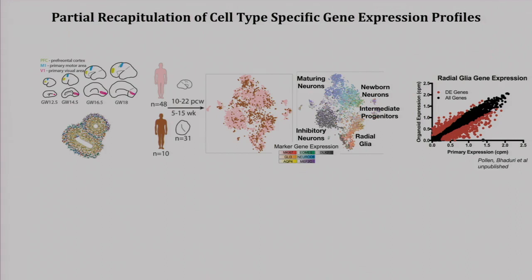As you can see, red here are shown differentially expressed genes. And as you may appreciate, there's overall quite a good correlation; some of the best markers of radial glia in primary and in vitro derived cells are very related. But there are also quite a lot of differences that we think may be important to the fidelity of these models. It is quite difficult to recapitulate the entirety of cell diversity in an organoid model.